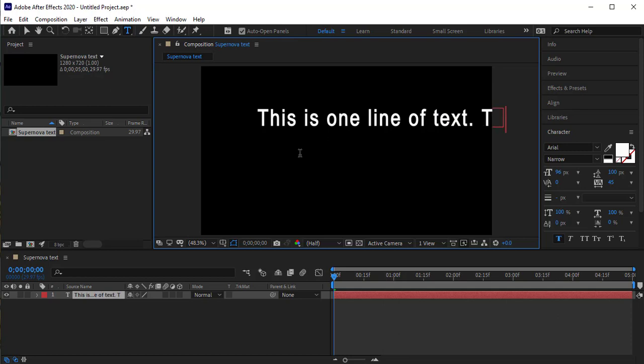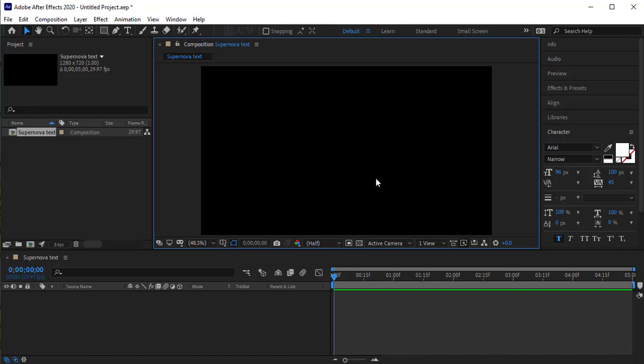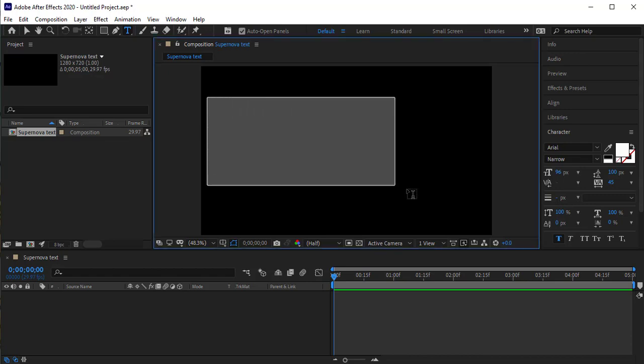You notice that if I keep typing, it's going to run off. It's not going to wrap. So with point text, you get one line. Now, if I wanted to utilize paragraph text, let's get rid of this text. I'll go out and delete it. What I need to do is first select the horizontal type tool, and then click and drag